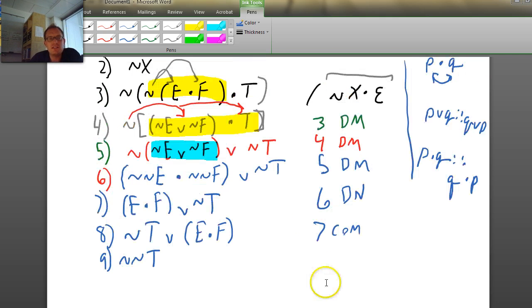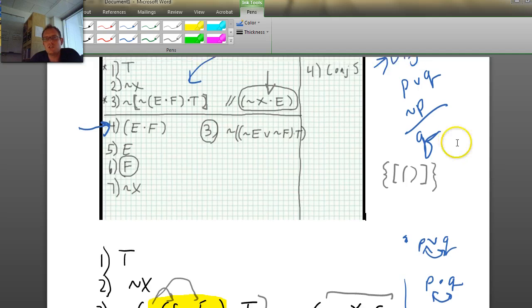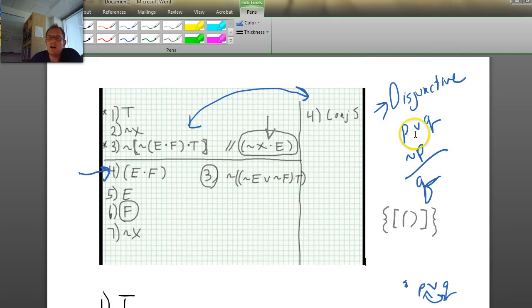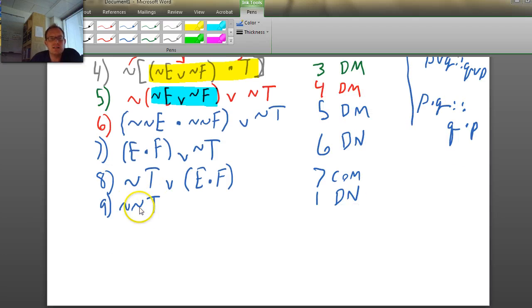So that's going to be line 1, double negation. Now remember the rule of the disjunctive syllogism, right? Now I have this set up so I can get my Q by itself. So if I don't have not T, then I must have this. So line 10 here is going to be E and F, right? And that's lines 8 and 9,